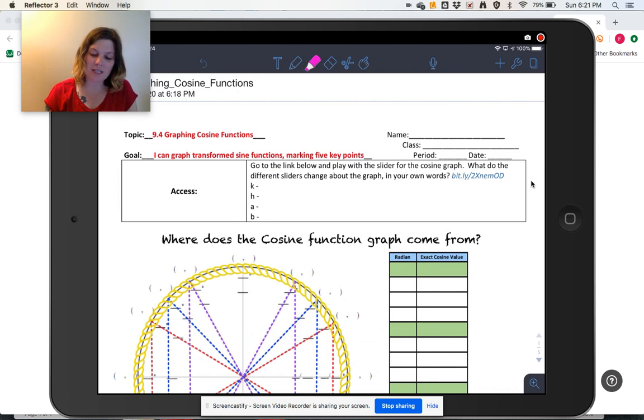Just to take note that today we're doing 9.4, graphing sine functions. And oops, this should say sine. See, it's exactly the same. I just copy pasted, changed sine, just cosine, forgot a couple. Oh well, it should say sine functions and marking the 5 key points. And so this is the same thing we did last week. I created a